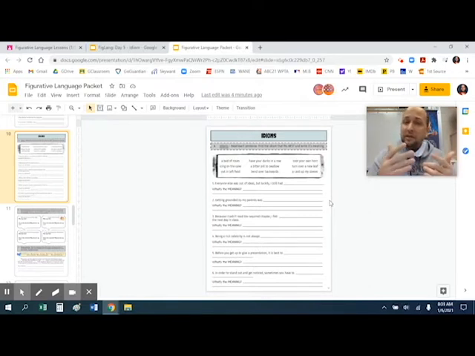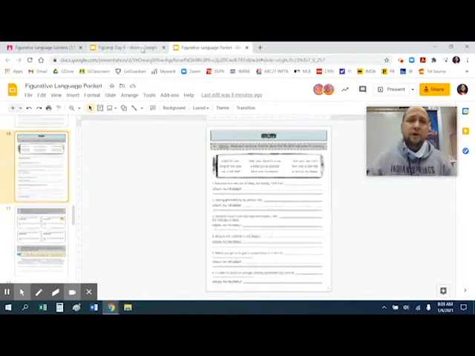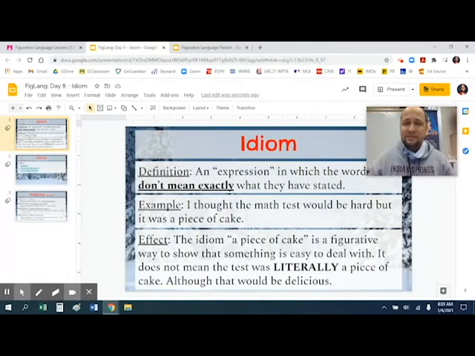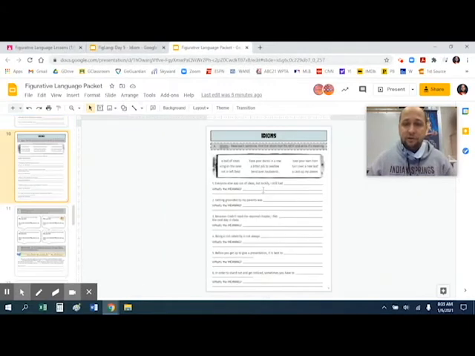And then what's the meaning? If you need to figure out what you mean by the meaning, come back and check out the sample, because that's how these packets were designed. So the effect would be what you would want to write in that particular space. That should be pretty simple, but take your time. Process of elimination. You can delete the ones you don't need or cross them out, bold them after you use them. Use your imagination there.